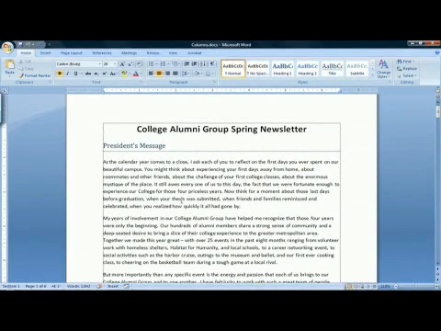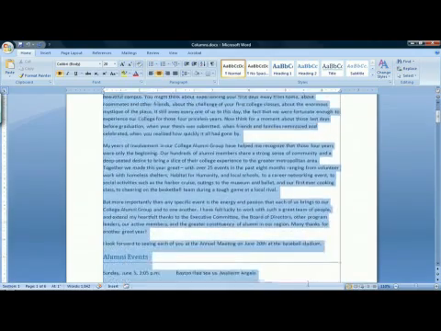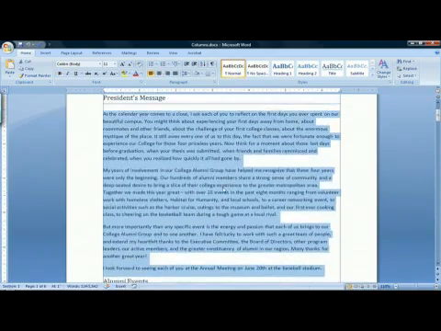The columns feature in Word allows you to have your text flow down one side of the page and then down the next, as though you're reading a newspaper. When you want to add columns to a document, you need to select the text which you wish to have appear in columns, otherwise your entire document will end up in columns. Once you have selected the text that you want to be in columns,